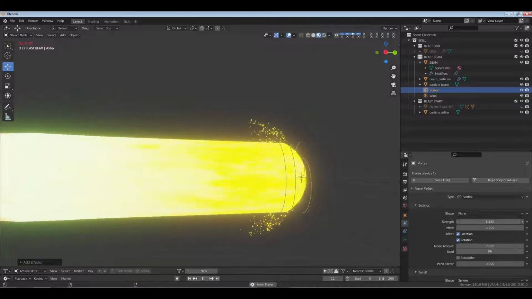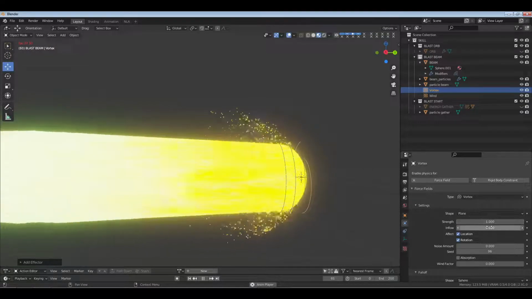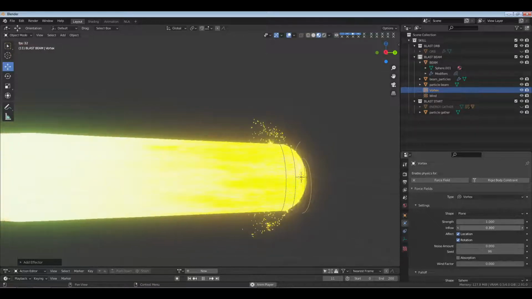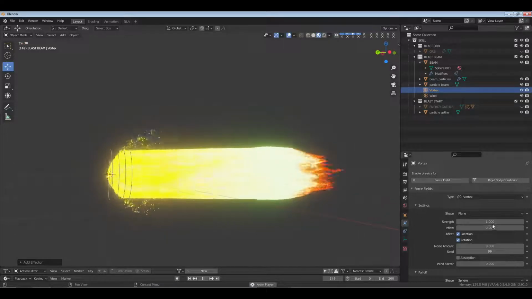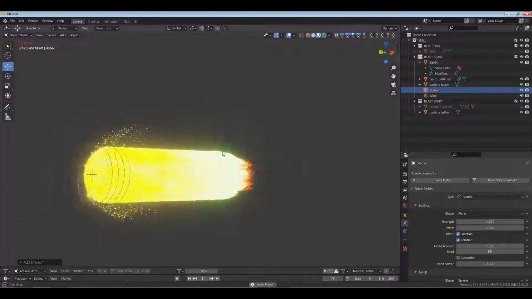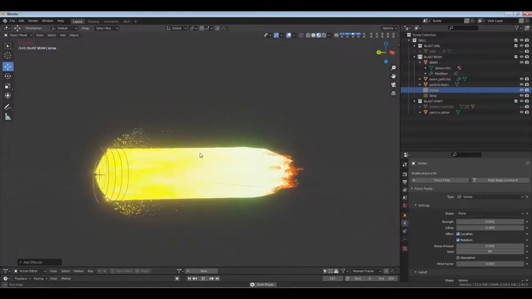But if I leave it at like 1, it's just enough. So if I pull the inflow in, the inflow starts to pull it towards itself. So that's why we really don't use that much. But yeah, so let's see if I go to like 0.85. There we go. So we get a little spill off, and that's not bad because when you think about it,